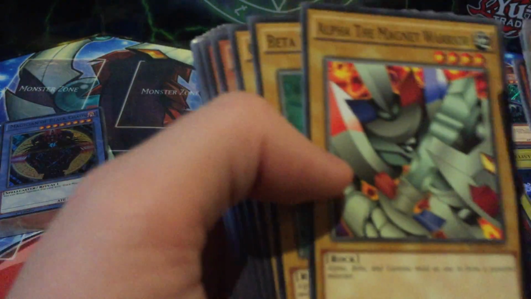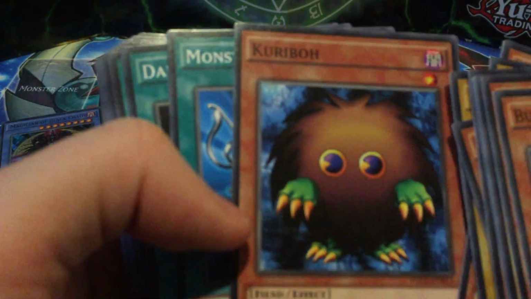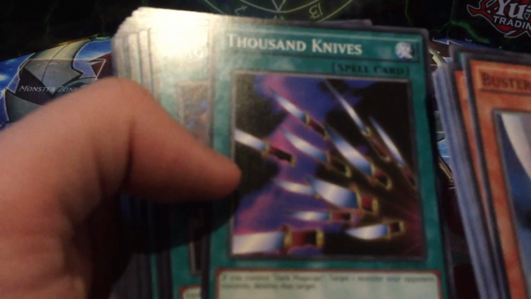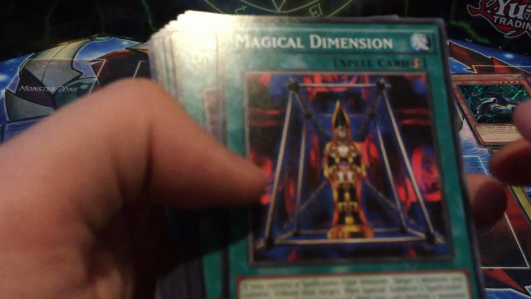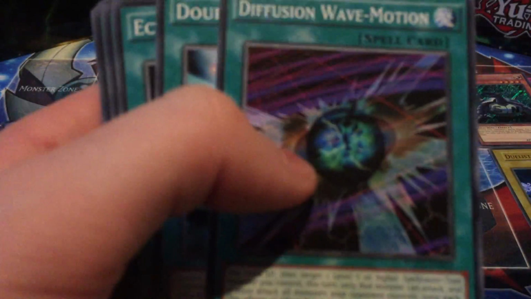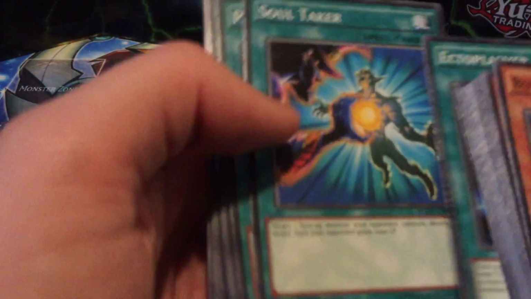Baphomet, Gazelle, the King of Mythical Beasts. Alpha, Beta, and Gamma, the Magnet Warriors. Big Shield Gardener, another Kariba, another Monster Reborn. Dark Magic Curtain, Thousand Knives. Magic Formula, Magical Dimension, Diffusion Wave Motion, I can still remember getting that in Secret Rare, Double Spell, Ectoplasma, Soul